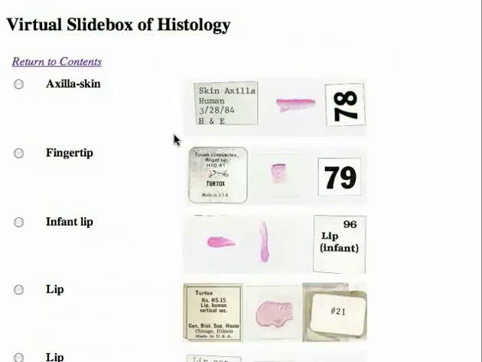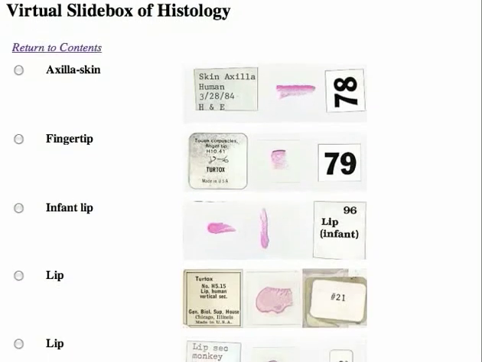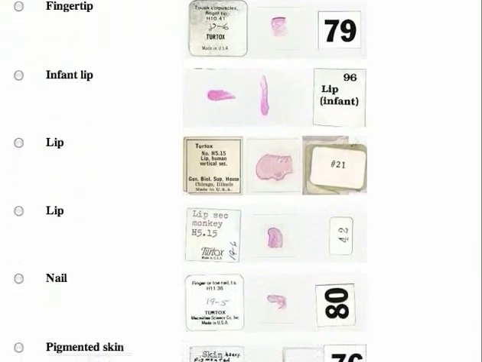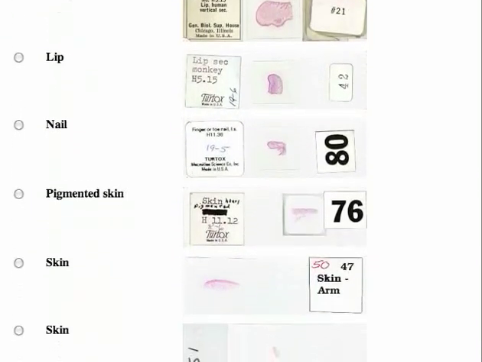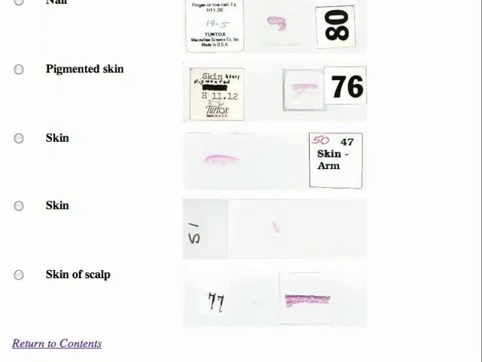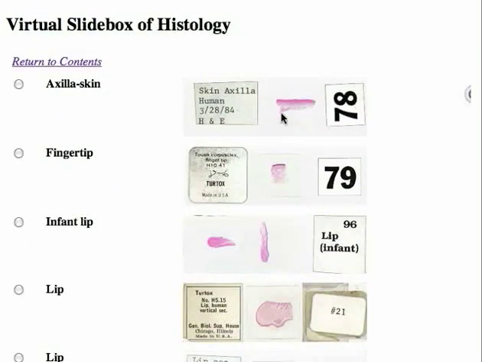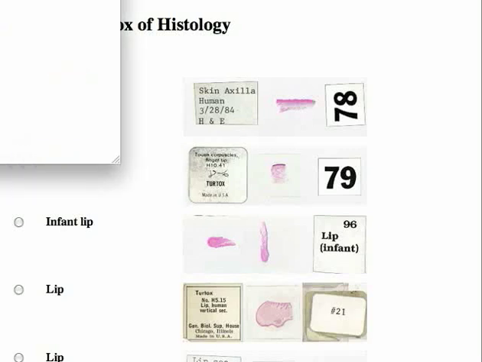And a window then loads which shows an image, you have to scroll down it, of what an overview of each of the slides would be. And this is showing an actual photograph of the physical slide which was scanned to provide the tiled image for the virtual microscope. For the sake of this demonstration and to show you how to open a slide, you choose the slide that you're interested in, in this case fingertip, and click the radio button beside. Once you've clicked the radio button, a new window opens,